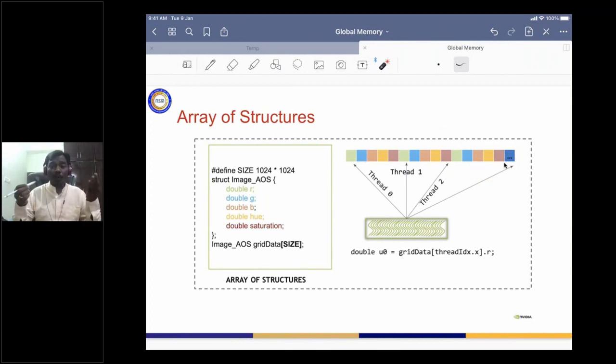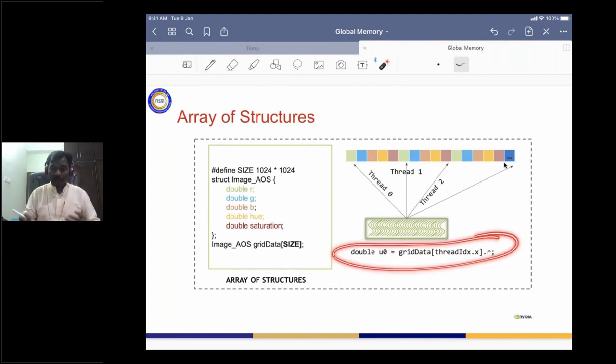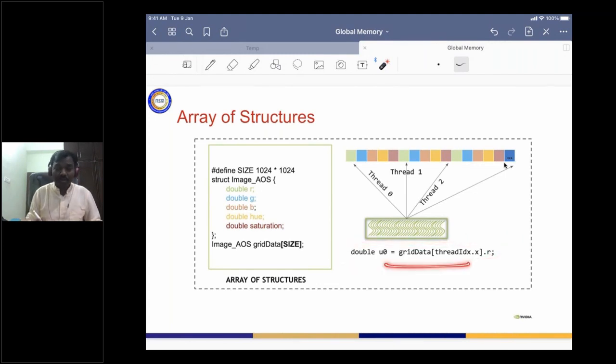Now let us think of a program where we want to read only R. We want to read only the R value. This is one single instruction in your program, and it is being executed by all the threads.